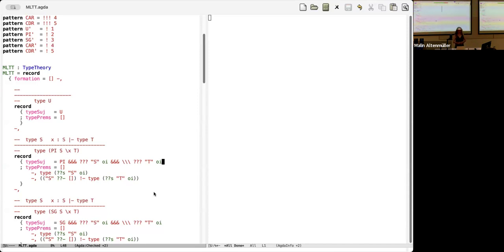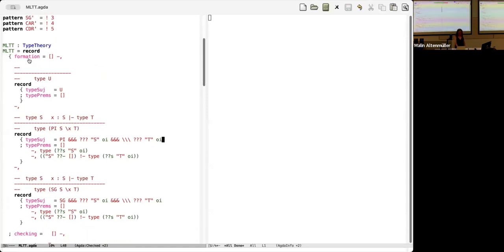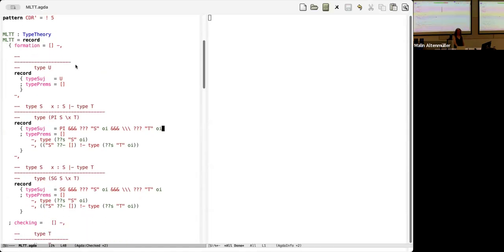So what's happening is that I've got a way in which I could build a type theory, right? This is the fun thing, right? You know, this definition says MLTT is a type theory, right? And it's a big record in which I say, okay, yes, there are some type formation rules. So I have a separate judgment for being a type in this presentation. Some people were asking about that the other day, yesterday. Yes? Yeah.